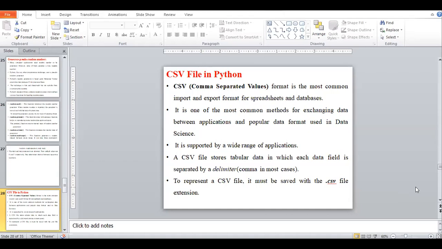I should give first preference to roll number, then name, then email ID, and so on, giving a title to each column. So we call it the tabular format. To represent a CSV file, it must be saved with the .csv file extension.